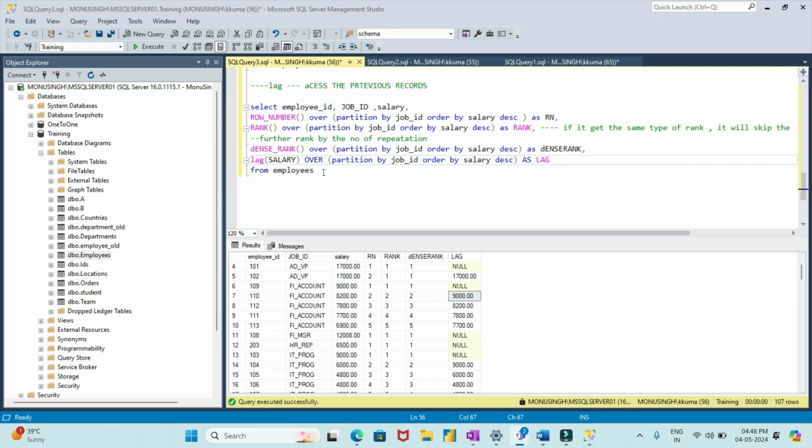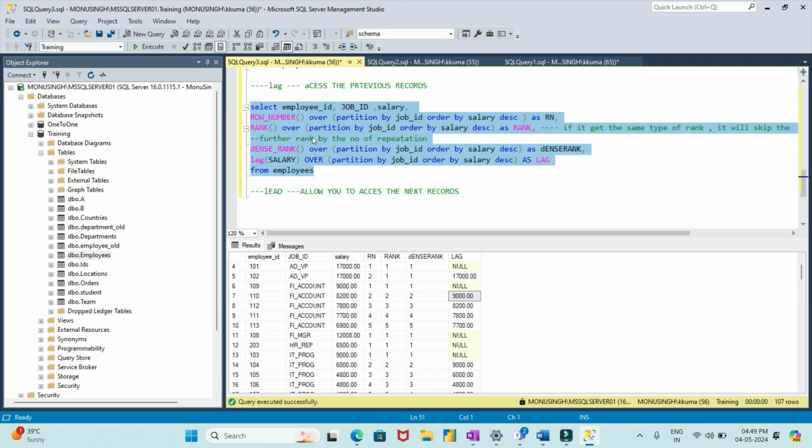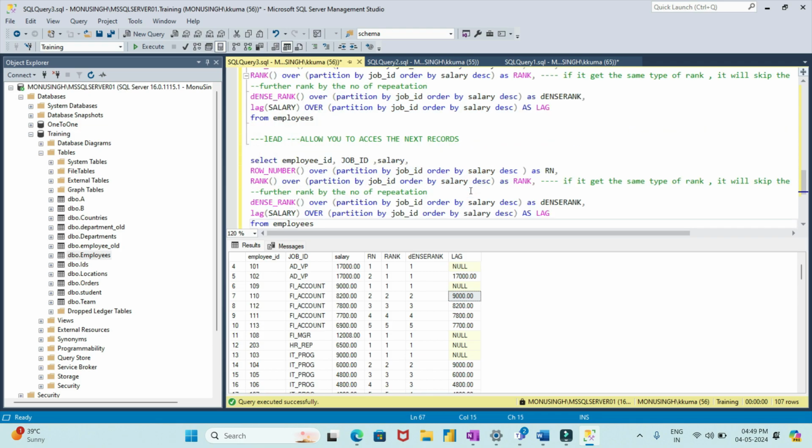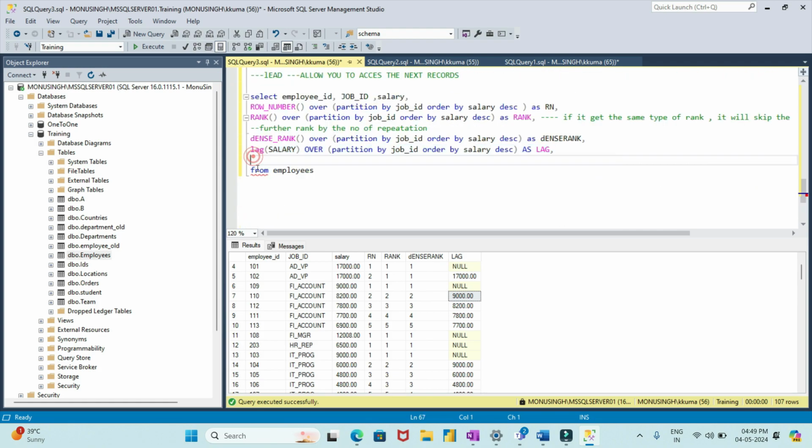Okay, now we have another window function called lead. Lag was giving you the previous record, but lead allows you to access the next record. If you want to know what the next record is, and you want to access that, I will use this same query, and instead of this particular lag, I will use the lead function, lead salary over partition by job ID, and I'm naming it as lead. Okay, if I execute it, here you could see